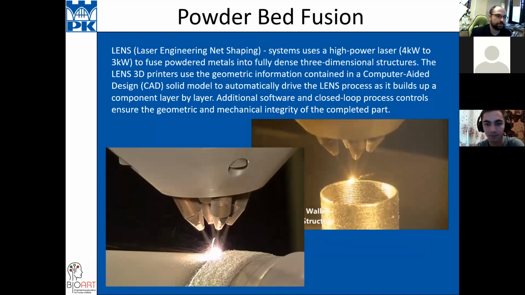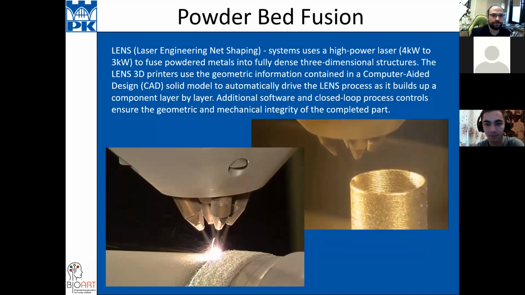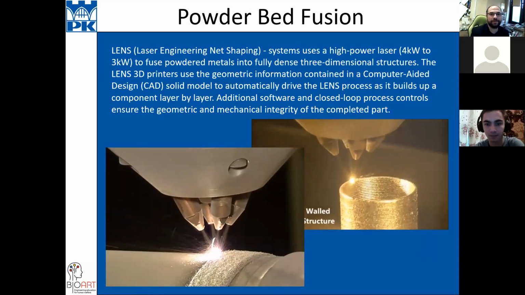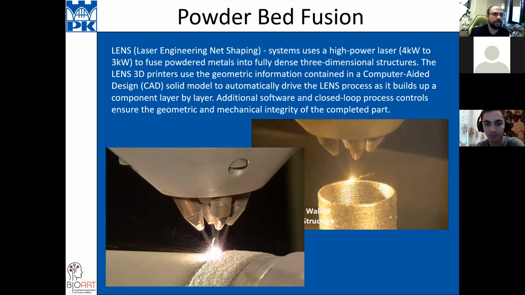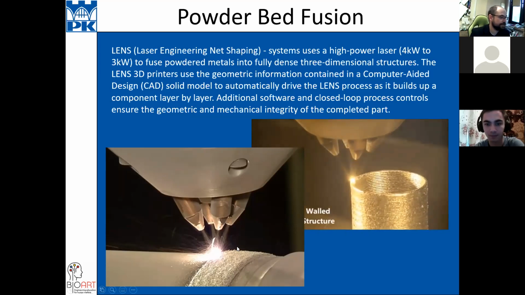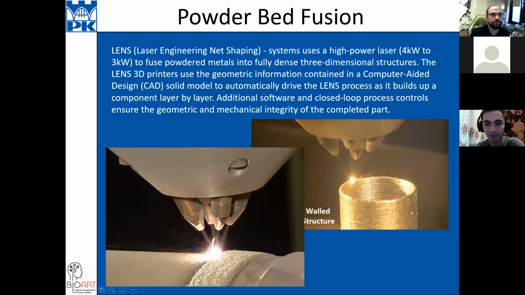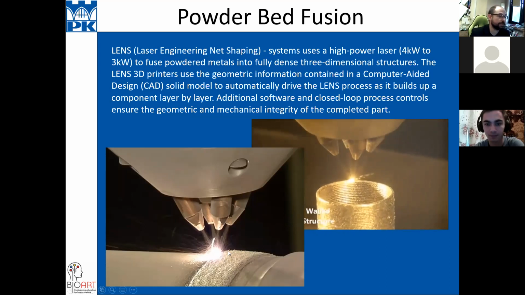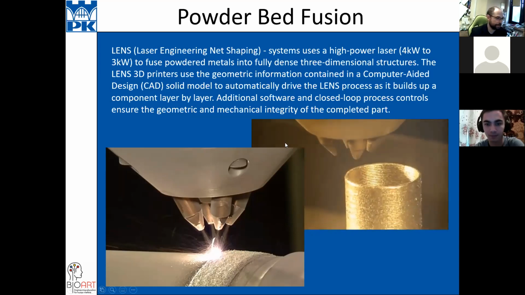You must put the powder through the nozzle all the time, and when the powder flies to the crossing laser beam, it's melted down and it connects with the surface, the previously made surface. This technique is used to put some layers on some materials.